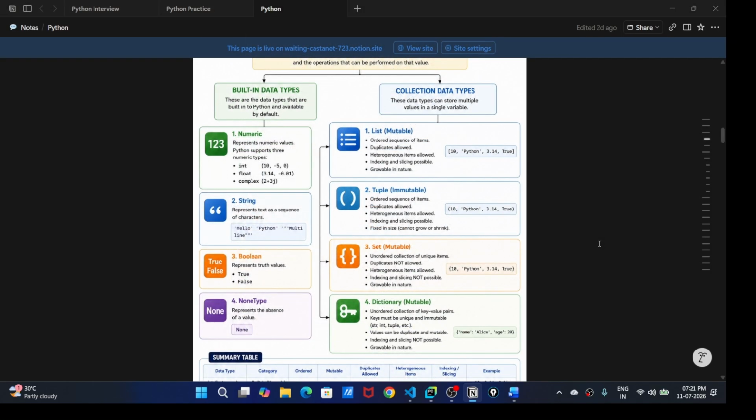Okay, so now the question is: what is a variable actually? Variable is nothing but, for example, I have to store something somewhere, right? So a variable is a named container, a container where we are going to store something, the value. Think of it like a labeled box. The label on the box is the variable name, and it contains a value, right?